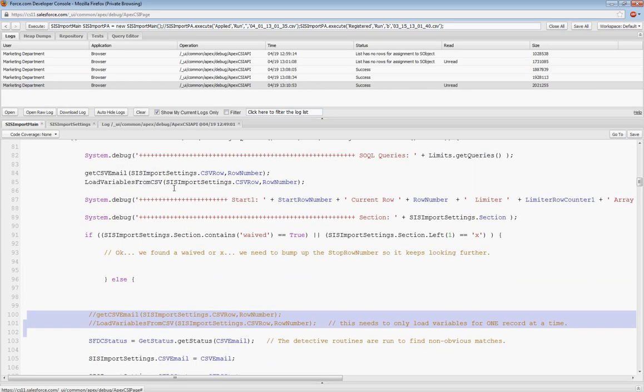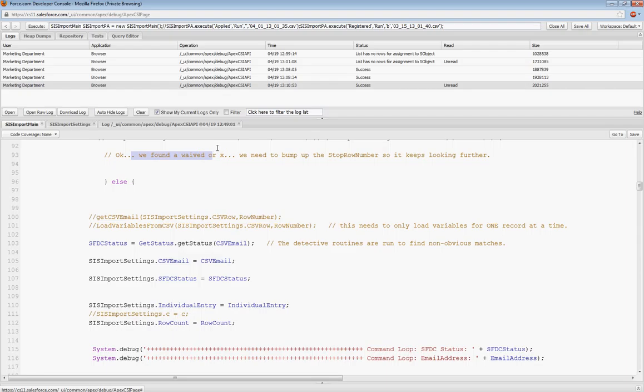and we know that he's not one of the wave people that we can ignore, we now come down and we've got to figure out what his status is. Is he a lead that needs to be converted? Is he an existing trilogy of contact, account, and opportunity? Is he a nobody, and do we have to create a whole new entity for him? Does he have more than one lead or more than one contact, which leads to an error condition? We just have to go figure out what his deal is